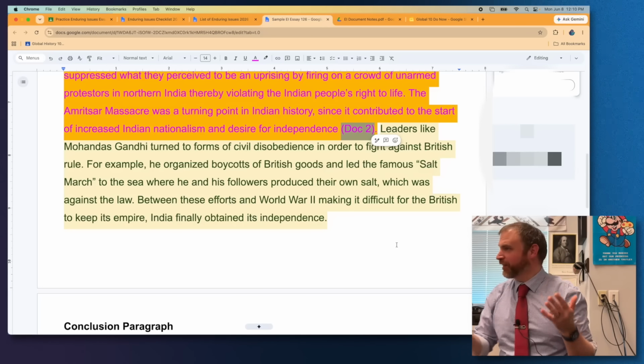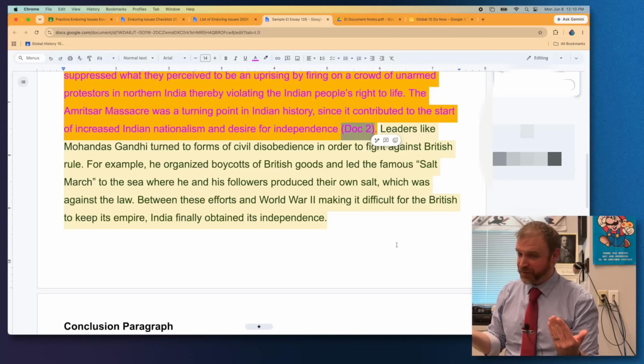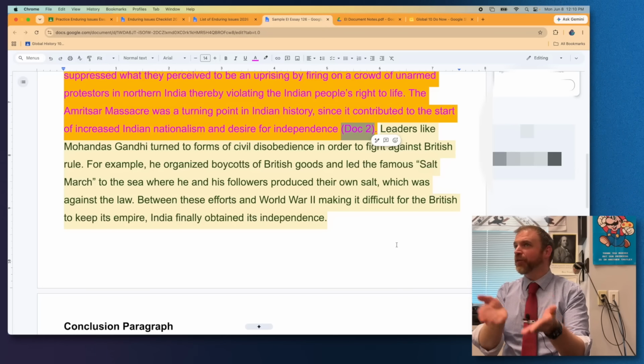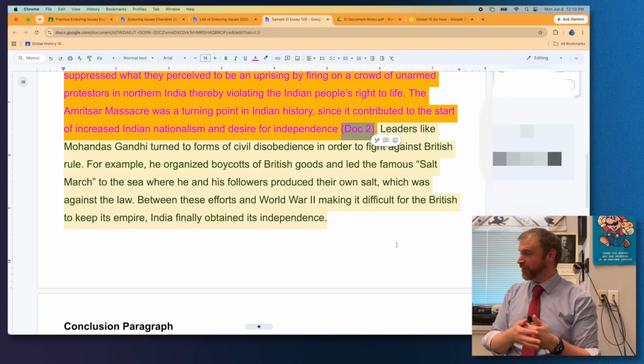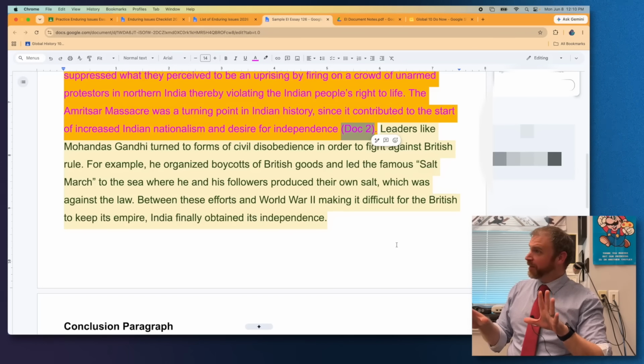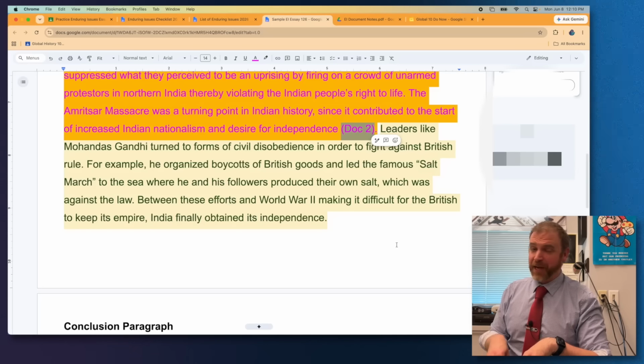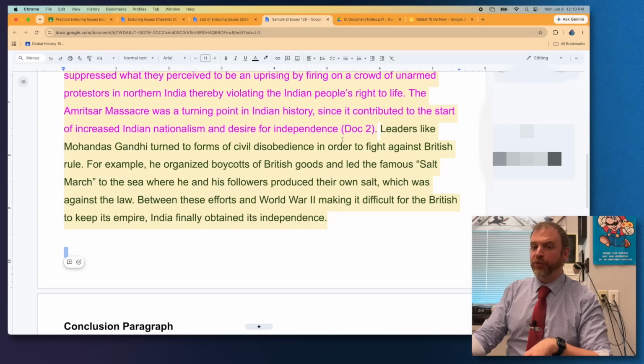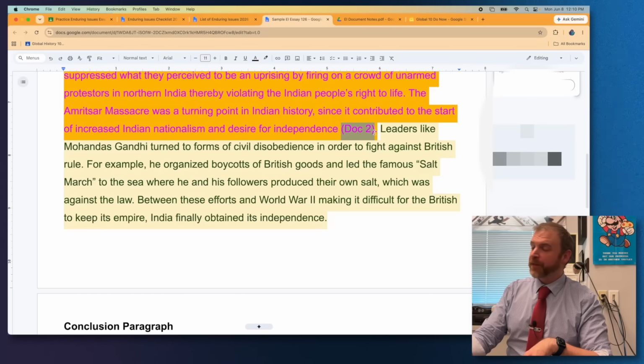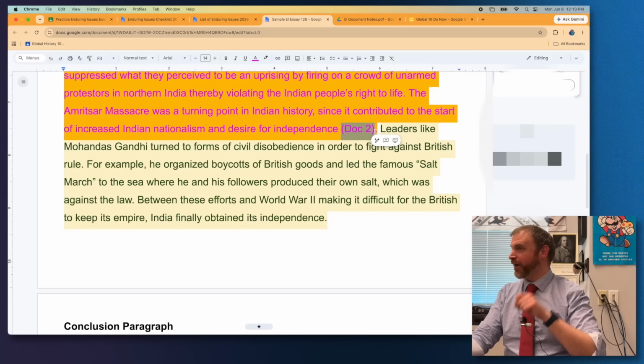I'm sure you've done this in English class, parenthetical citations. Technically on the Regents, you do not have to do this. But I would recommend it, because like I said, we are going to get dizzy with all the grading. Sometimes the essays start to blur together after a while. So if you do this, you're helping your grader know that you used facts from the documents in your essay.